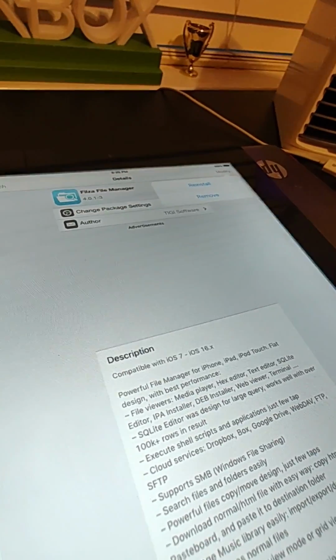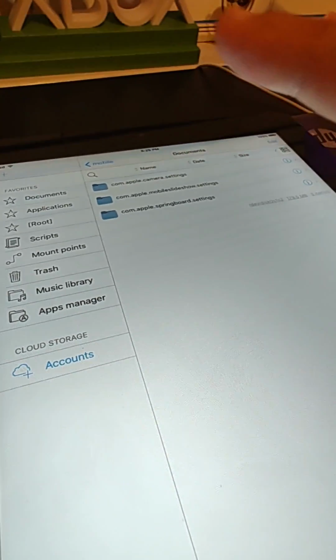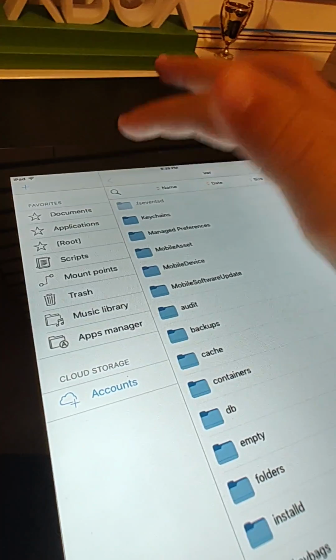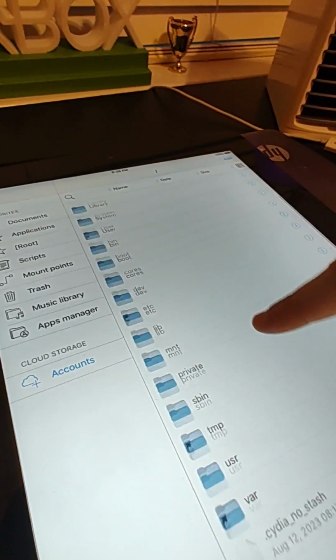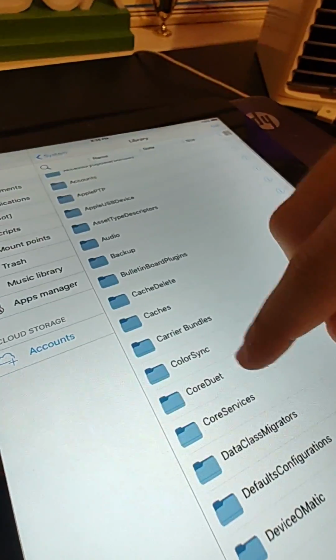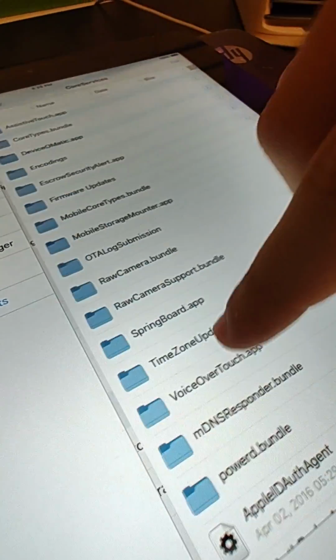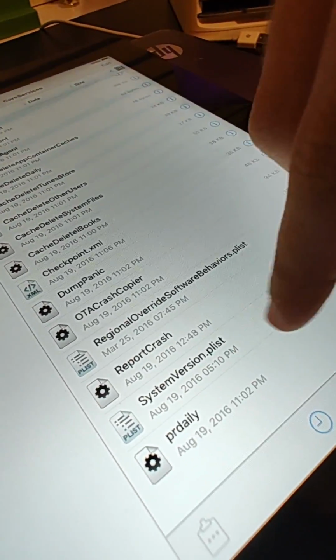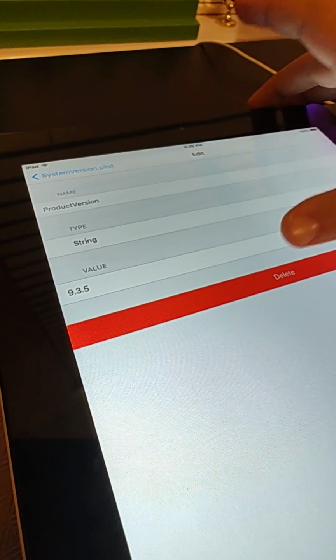After it's downloaded, go out, go to Filza. And this is the part you really need to pay attention to. You're going to go to the slash. I'll say it again, slash, System, Library, CoreServices. Scroll down till you find SystemVersion.plist. Click on it. Here, click root. No. Root. Change this, the value,